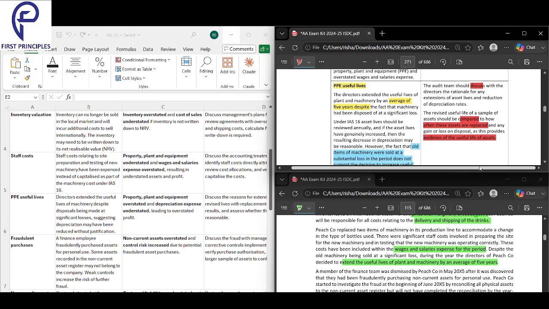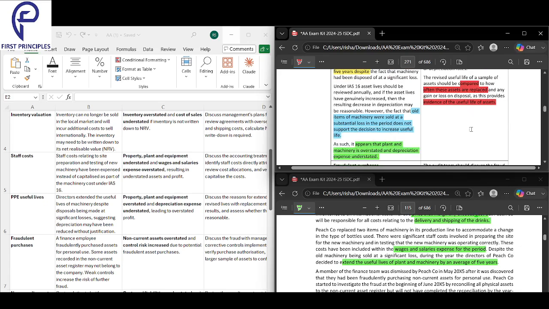Second, you will compare the useful life of the assets. You will compare the useful life of the asset with how often the machines are replaced. If they are regularly replaced, then increasing it still makes sense. If that is also not happening, then it doesn't make sense to do that. Also, for machines that have been recently sold, you ask whether they were sold at a profit or a loss. You ask them. Okay, so this is with the useful life.